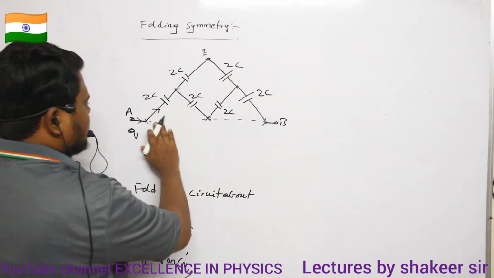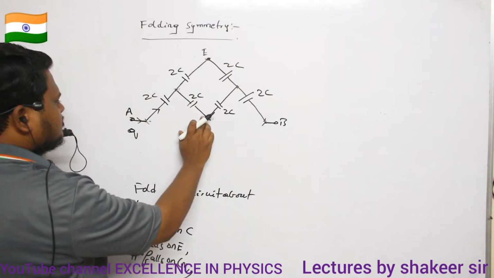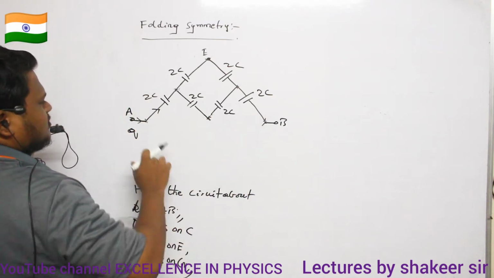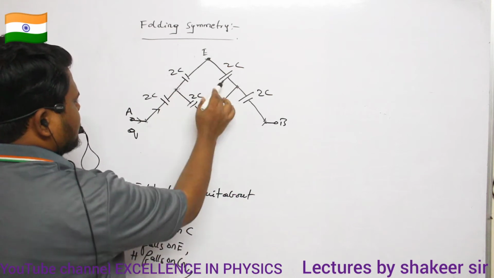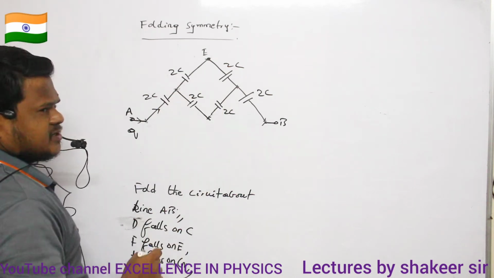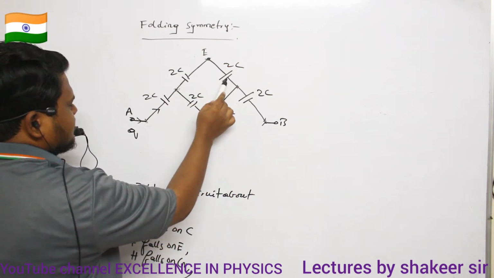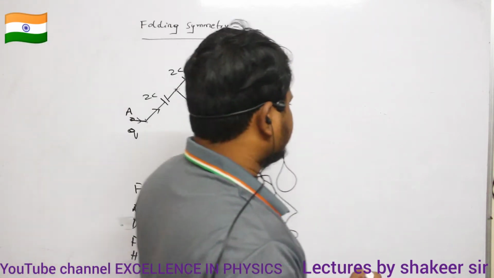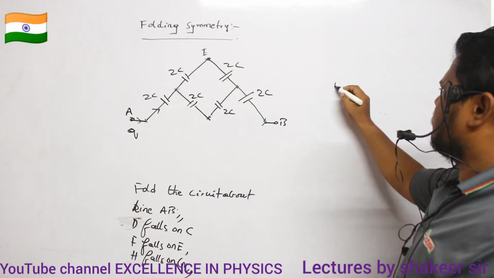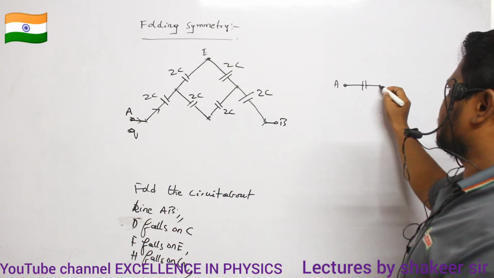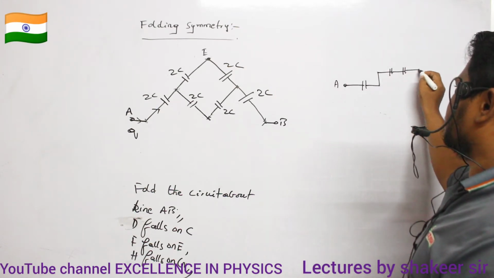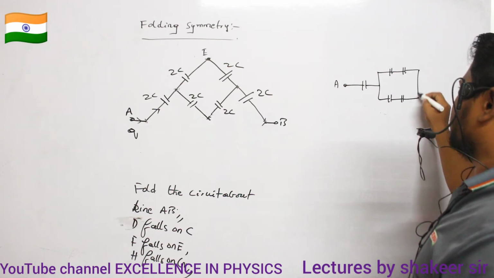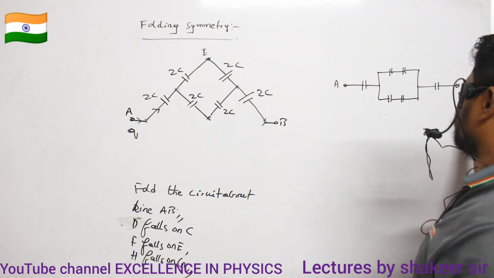So therefore, now can you say what I can do? Now what can I do, ma? Now it is very easy, no? So 2C, 2C, these two branches are in parallel connection. So 2C, 2C, they are in series. So therefore, instead of them, I can write only one capacitor. So I will draw it separately. Clear, ma? So now from point A, this is one capacitor. This is a 2C, this is a 2C, this is another 2C, this is another 2C, and this is another 2C, and this is point B.